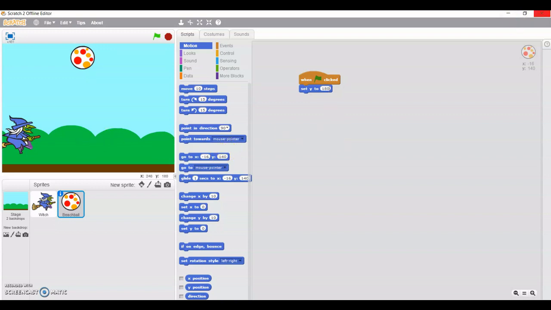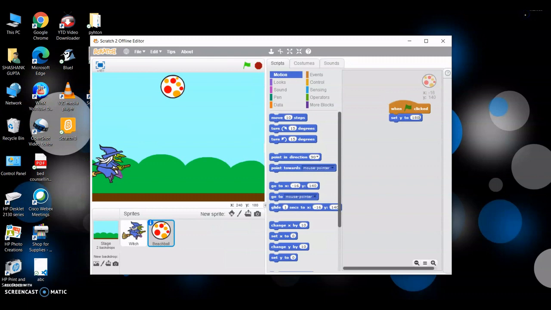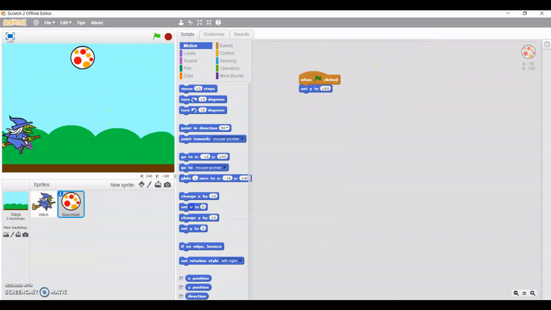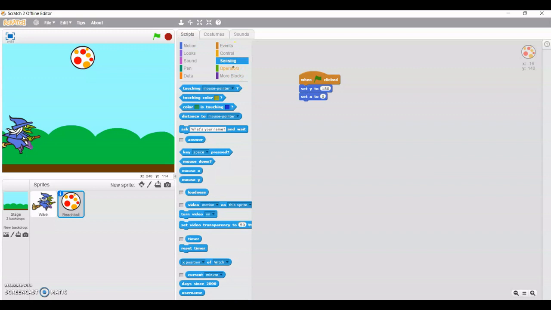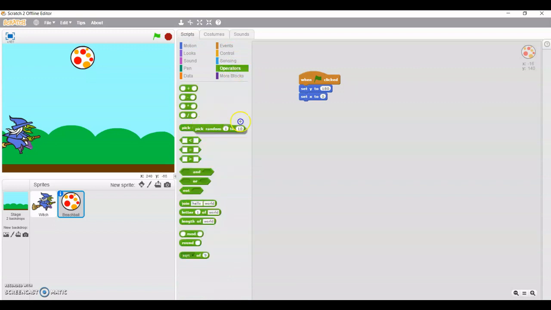So I'm going to set x to, there is an option in operator: pick random.